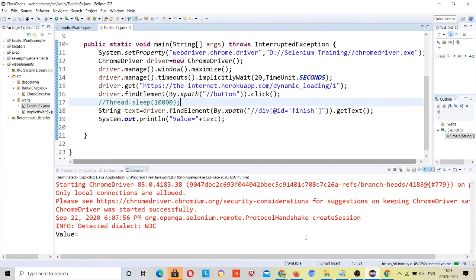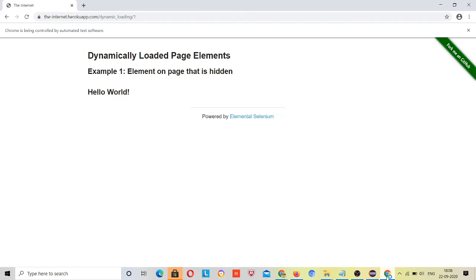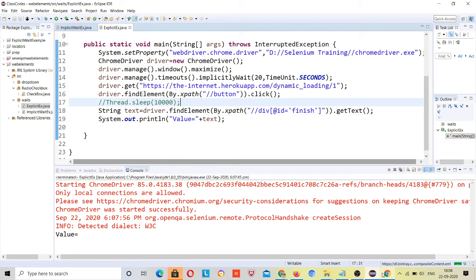See, it has printed, but it is still getting loaded. Why did this happen?